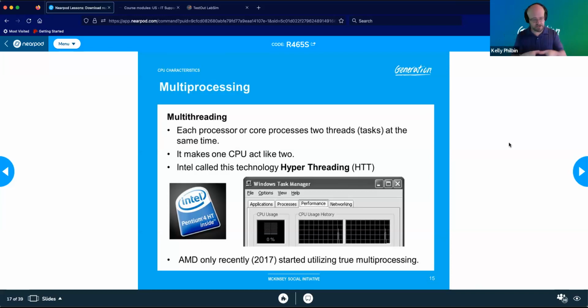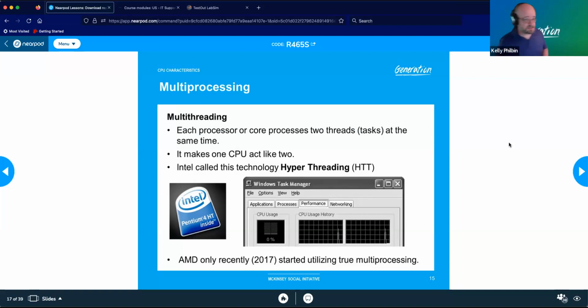So a single chip that you would install actually would have 4 CPUs within it. And then you have multi-threading or multi-processing. And this essentially means that each processor or core on each processor can process 2 sets of instructions at the same time,